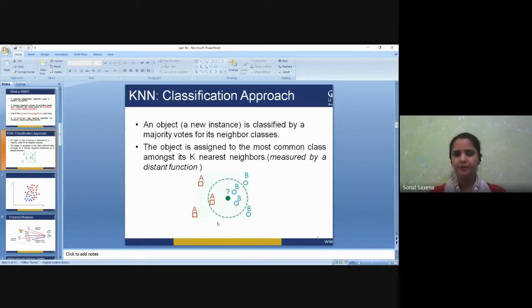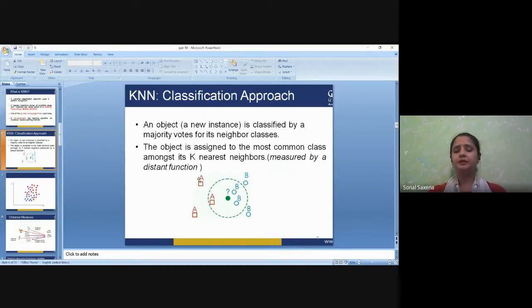Here you can see this example, there is a dot symbol. Let us say this is a new object to me, I don't know anything about it, but because I am applying the k nearest neighbor algorithm, I am completely based on the previous instances saved in my memory. I'm not going to make new extractions, no feature extractions. I am just based on the previous experiences, on the previous data that I have already stored in my memory. So here, let's say there is an A class and there is a B class, right? Now each and every neighbor will vote for this particular new object, whether it belongs to their class or that class.